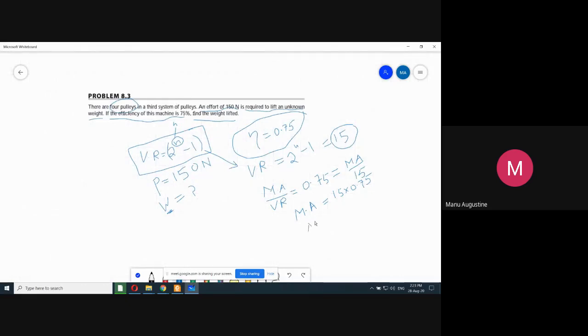Mechanical advantage is also equal to load lifted upon the effort, और mechanical advantage आपको पता लग गया 15 into 0.75 है। Now you simply multiply the given value of P with this quantity, W मिल जाएगा। W is equal to P, कितना दिया हुआ है, 150 newtons दिया हुआ है। So W will be simply 150 multiplied by 15 multiplied by 0.75। बस